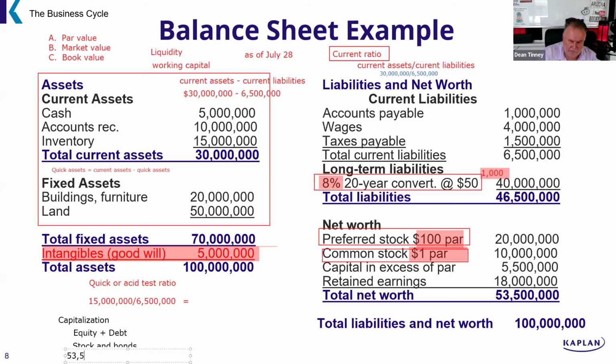And that gives us our total capitalization, 53.5 plus. Now, we're not talking here about liquidity. Here, we're talking about capitalization. We're talking about solvency. And so here, the total capital is, and by the way, and if you're going to